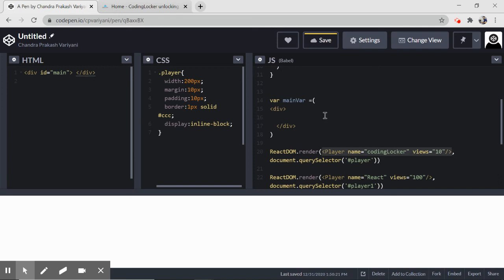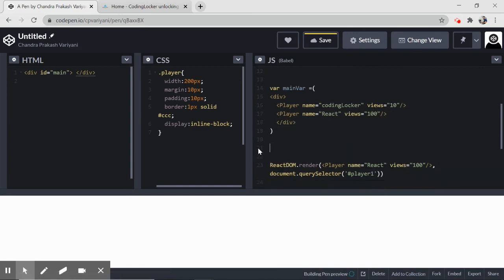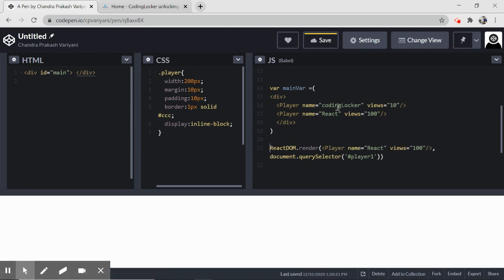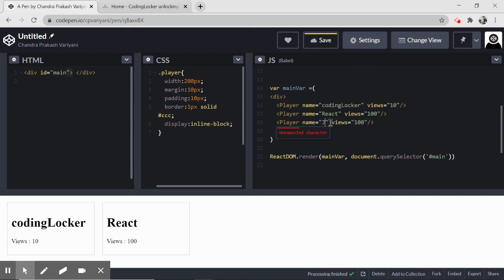So copy this and paste it here. Again, copy this and paste it here. And now we can get rid of this thing. Instead of this, now render our main component, which is main, and where should I render it? You should render to the query selector, which is main. This is your main div, and here we are. Now if you want to add one more thing, you can copy this and paste it here.